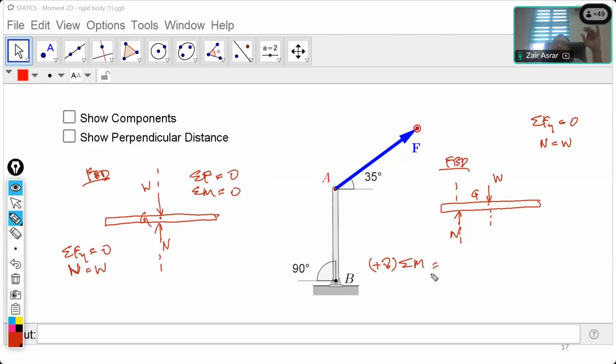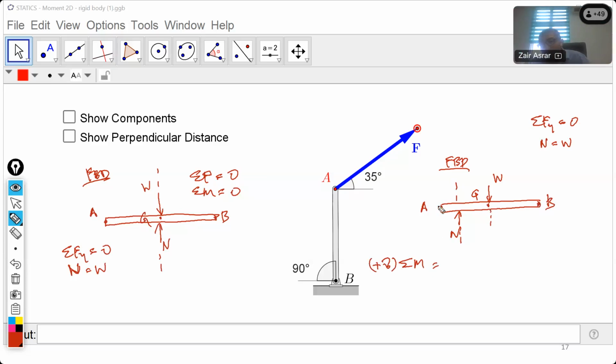Before this, I've told you that summation of moment, or basically the moment equation, is point dependent. In this case, how many points do I have? Let's say I give them names: point A, point G in the middle, and point B. So the summation of moment should be applied at which point? To ensure that the object will be in equilibrium, the summation of moment should be equal to 0 anywhere, at any point, at any location. So you can choose any point. Summation of moment should be equal to 0 anywhere.